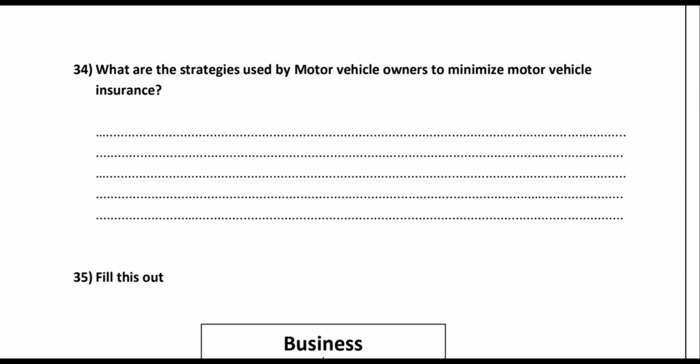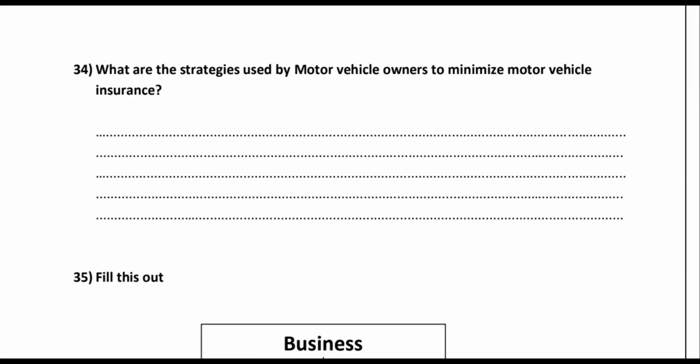So what does this minimum compensated limit mean? That is the lowest amount of coverage that a policy must provide for certain types of claims. Okay, the lowest possible amount that the policy can provide for certain types of claims. For example, if you take motor vehicle insurance, there are minimum limits. Like for example, bodily injury per person. This is the minimum limit of compensation.